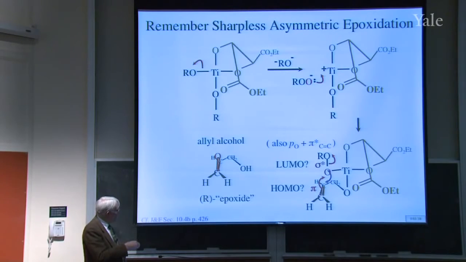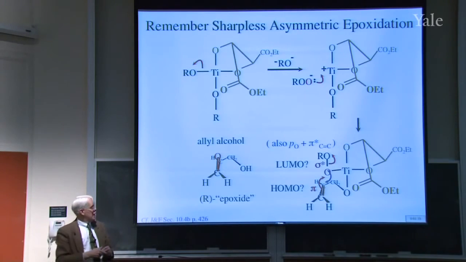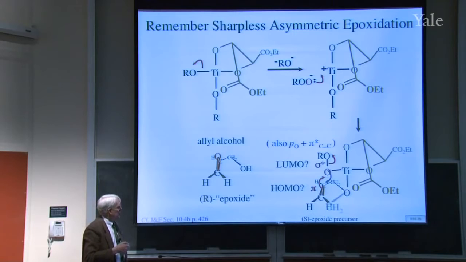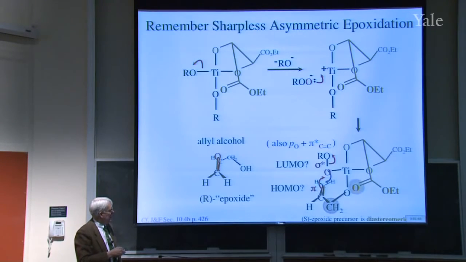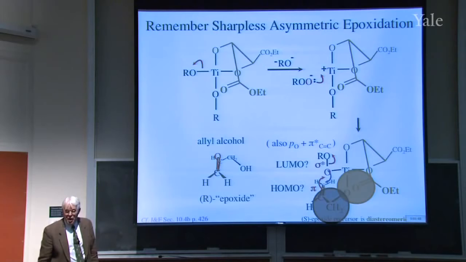But this particular arrangement makes the R configuration at this tetrahedral carbon, right? If we wanted to get the other one, we'd have to rotate this bond to be in front and this to be in back so that we could attack the other face, rotate it back like that, okay? But you'll notice that if you do that, those 2 groups in front are big and they would run into one another. So you don't do that, you do the other one, and it gives a specific enantiomer of the